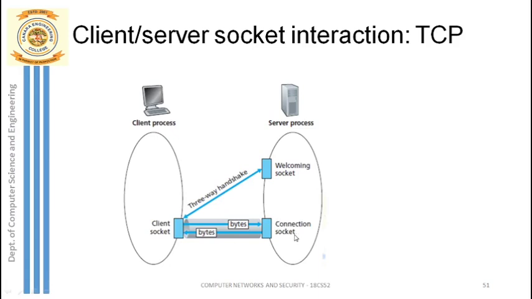You call that new socket the connection socket. What is the meaning of this? The server, only after accepting the request, has created this new socket called the connection socket at his side. Remember, this connection socket is used for the next data transfer, which is happening in the third stage. In the third stage, actual data transfer begins from the client to server and server back to the client. This data transfer is happening through this connection socket.